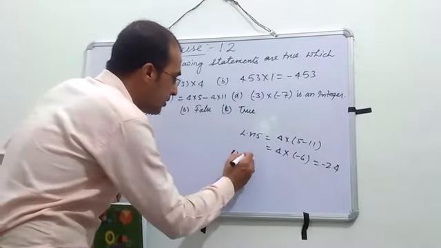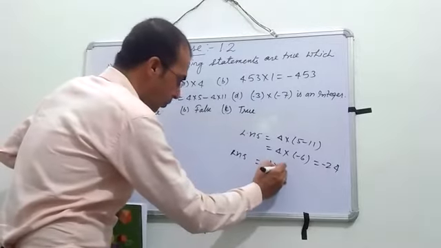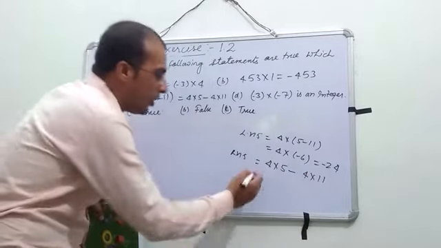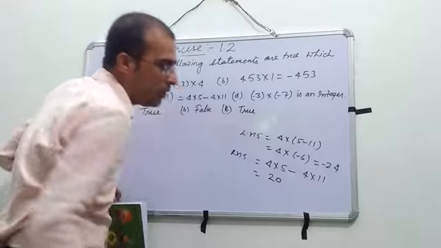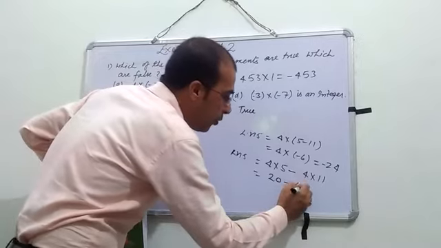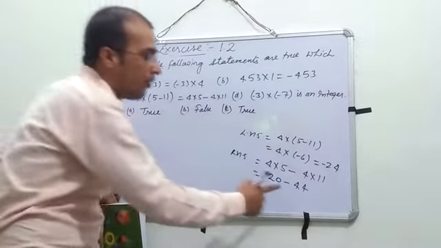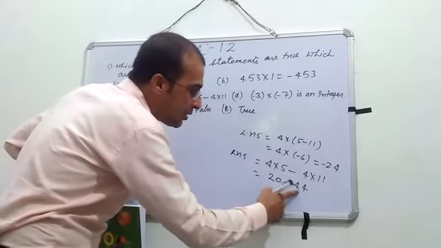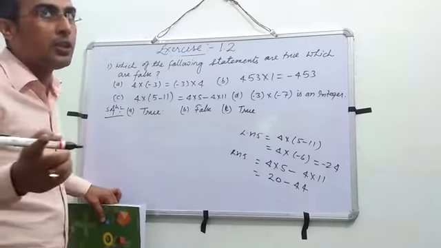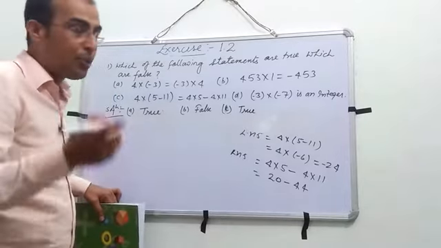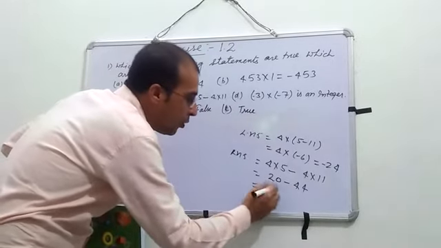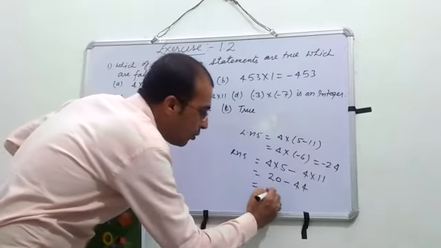And RHS is here. What is RHS? 4 into 5 minus 4 into 11. 4 into 5 equal to 20 because both are positive, and this is negative. 4 into 11, then negative will be here. 4 into 11 equal to 44. So why will you subtract? Because this is negative and this is positive. If one number is negative and another is positive, in that case we always subtract. So from 44, 20 will be subtracted. So 44 minus 20 will be equal to 24.